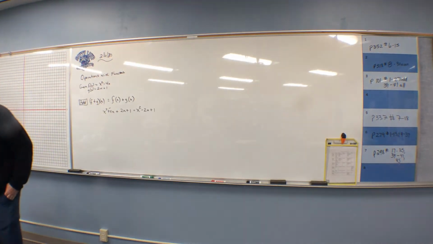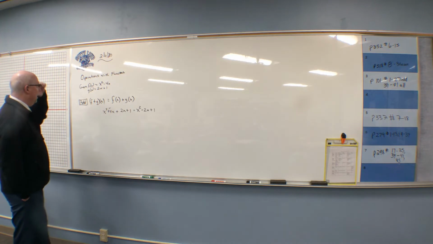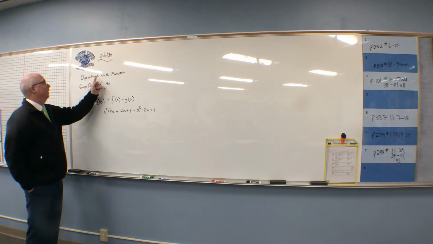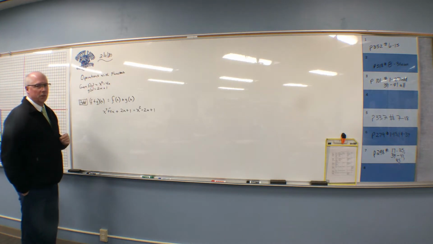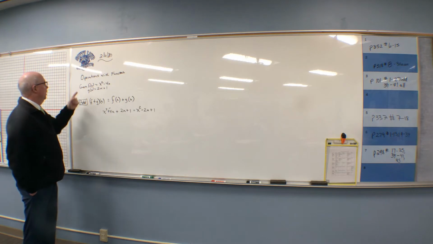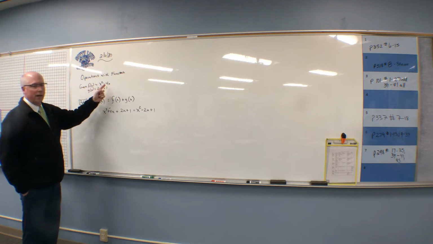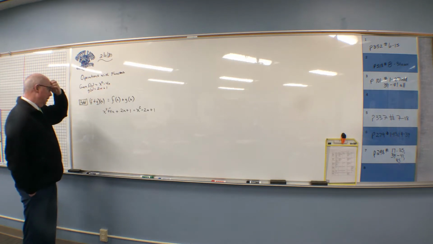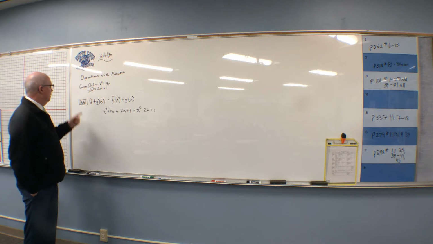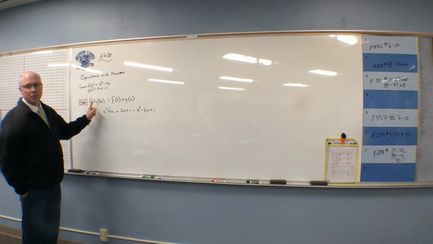This is section 5.1 of the 2, page 315, operations with functions. And we begin with saying that we are going to do the 4 operations with functions. We are given one function f of x equals x squared minus 4x, and g of x equals 2x plus 1. Given those 2 functions, to add functions, if we were to add the f function plus the g